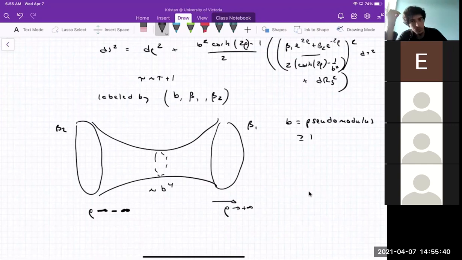Kristan, can I ask a curiosity? Yeah. If you go back to the JT example, correct me if I'm wrong, in that example also you don't have on-shell wormholes. That's right. But they are able to compute the path integral exactly, and so they consider the off-shell ones and they get the result. If you apply this in that case, you can redo their computation in this way, and you can even do it exactly. I see. So you do find that this configuration gives you the leading contribution in that case as well. That's exactly right.